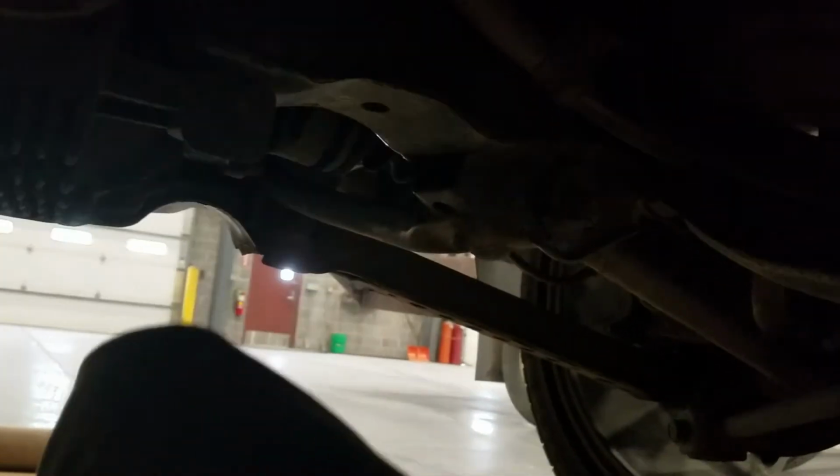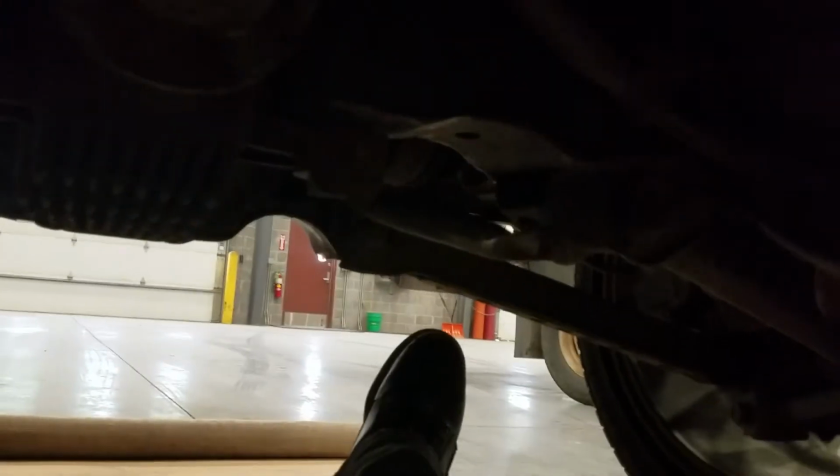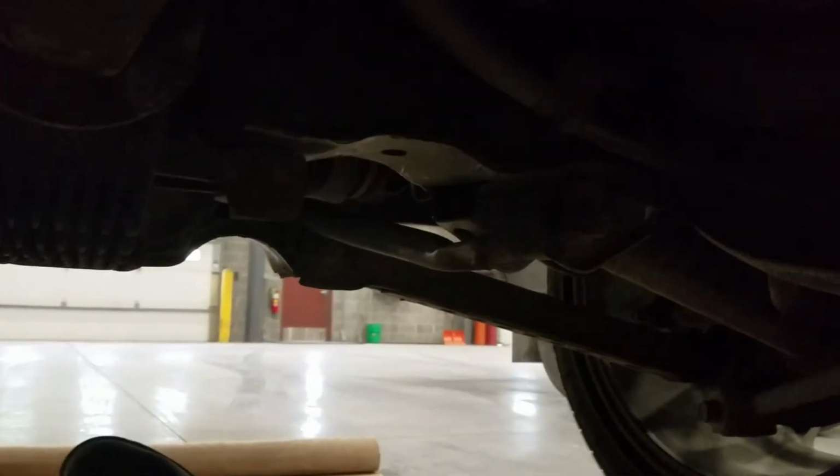But one thing I do know is now that I've got the exhaust taken off, I'm literally just going to try to copy its exact path. So I kind of have a rough idea of where it's supposed to go. I'm going to use my knee as kind of like a reference here. I think it goes straight through here, but then it takes a hard right and goes back. So I'm going to see if I can't smooth that out some with this 45, and then I've got another 45 up there, but